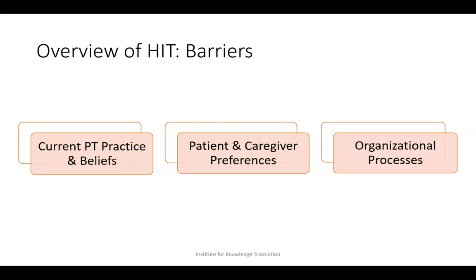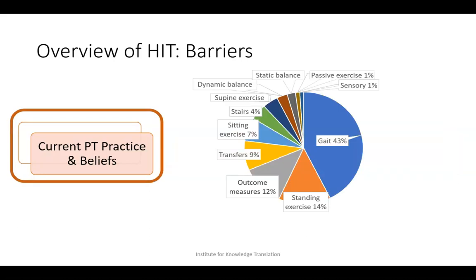In terms of barriers that we had to work through, we had to work through the current PT practice and beliefs. And in particular, thinking about this pie chart, we showed the compliance or success with collecting outcome measures. And as we've talked about in other talks, implementing outcome measures is not necessarily the same thing as implementing high intensity gait training. And I think one of the major reasons for that is that, one,